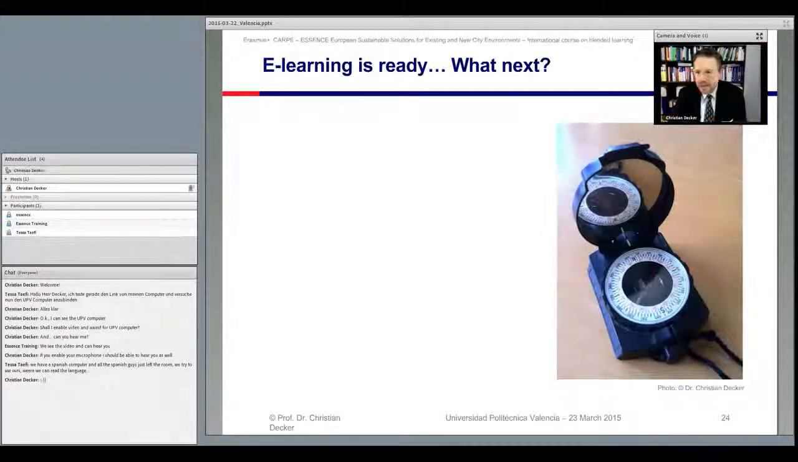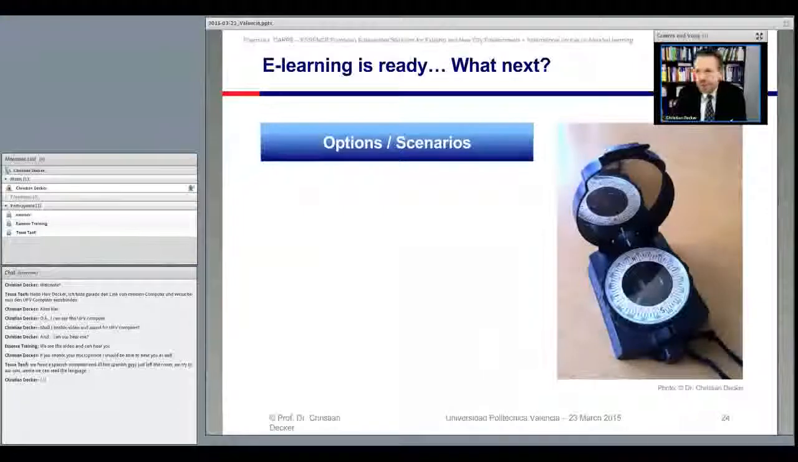Many instructors who have produced e-learning have quite some difficulties implementing the e-learning in a blended learning setting, for various reasons. Let's have a look at some options or scenarios that I have observed at my university as well as at other universities, how instructors deal with e-learning. Now,